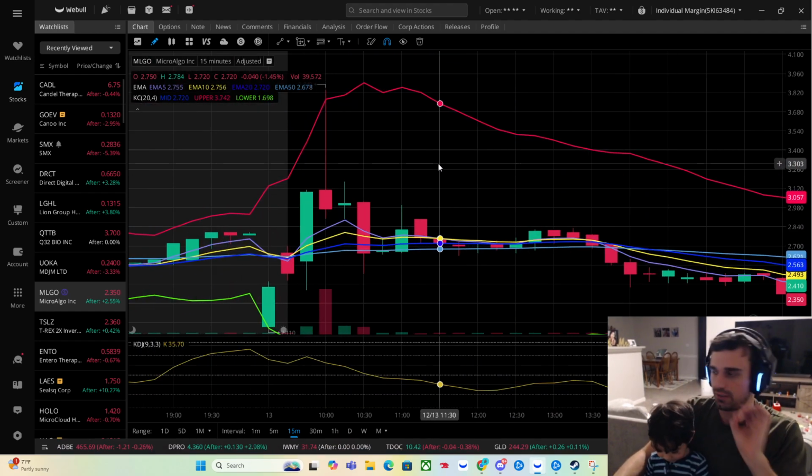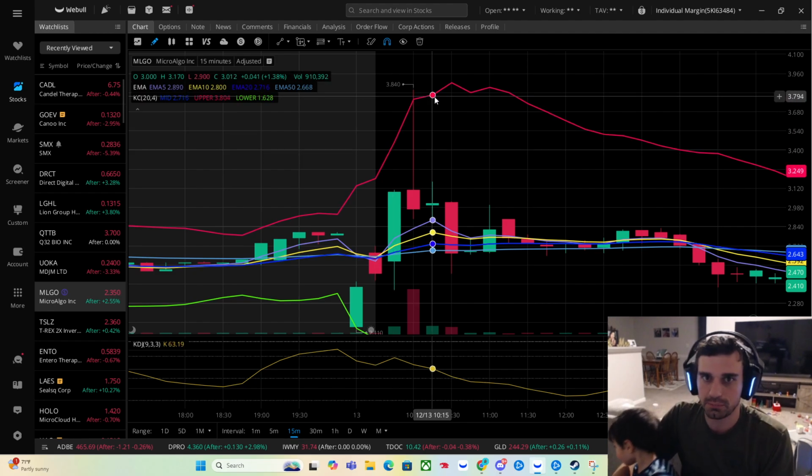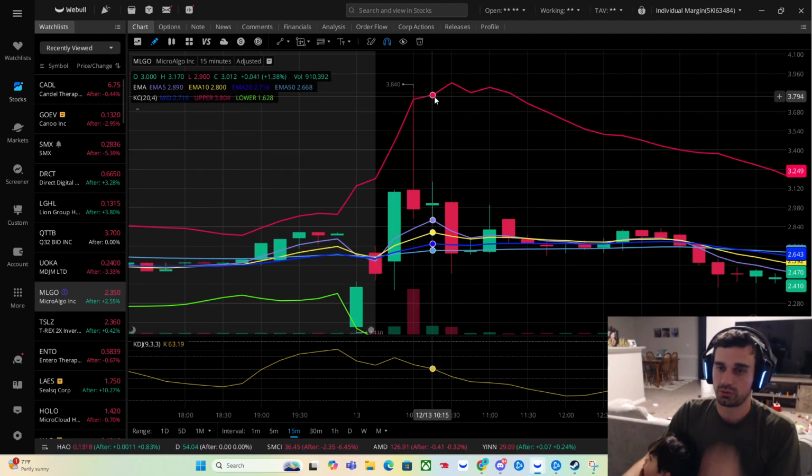And I can also show you what the 15-minute chart shows. If you ever see a 15-minute candle hitting this upper band, and you don't have these settings,